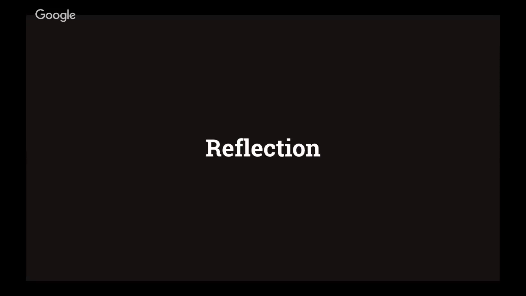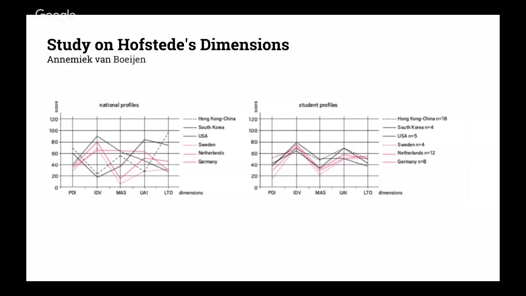And we would also like to share our ideas on these cultural dimensions and how to use them. I will come back to Annemiek van Boye, because she also did a study on Hofstede's dimensions. She tested students from 6 different countries and compared their personal profiles on Hofstede to the country profiles. That means you can actually make your personal Hofstede score by filling out a questionnaire. And she found that the personal values of the students are much closer to each other than the